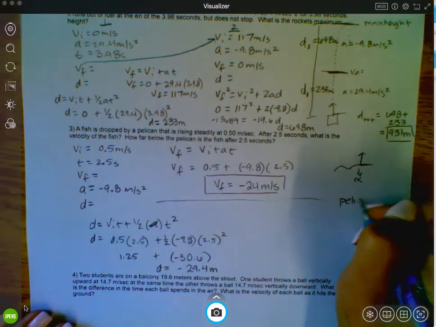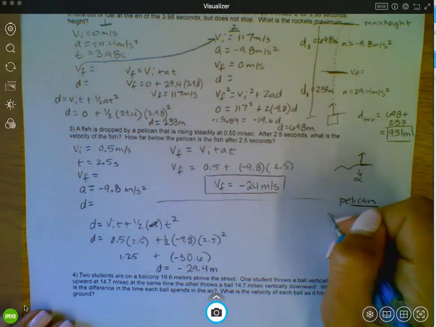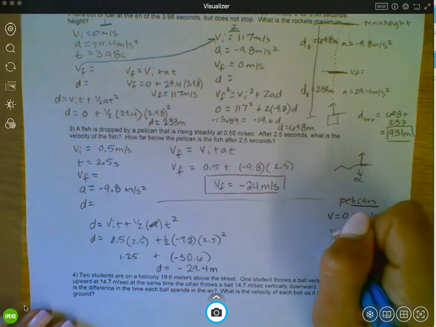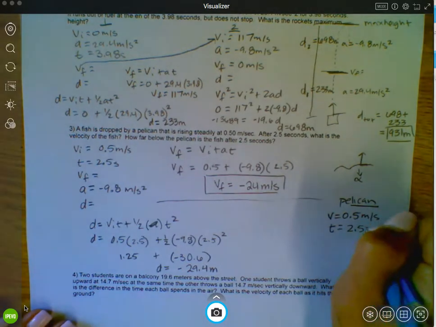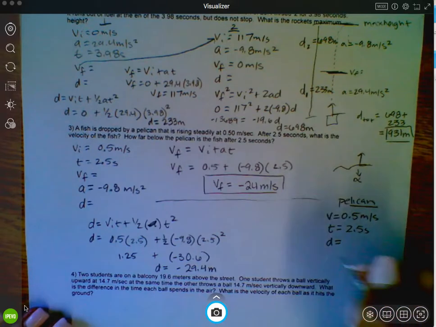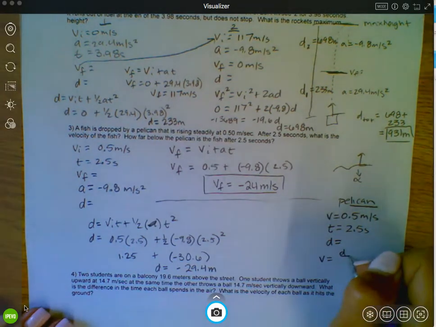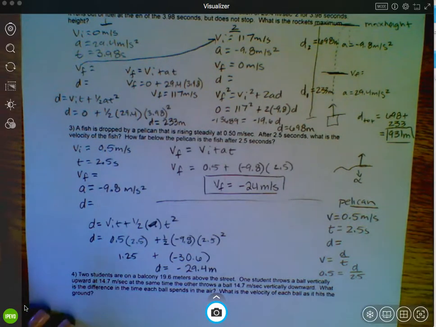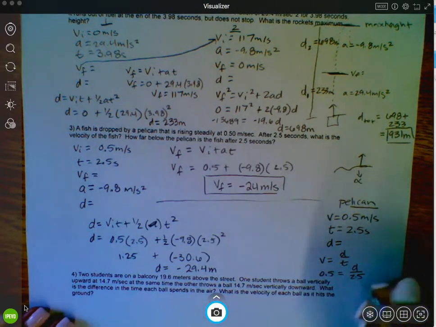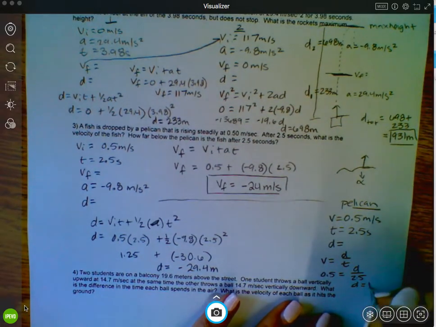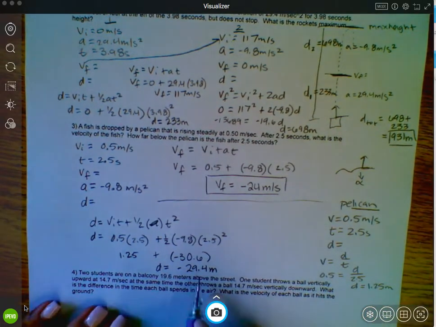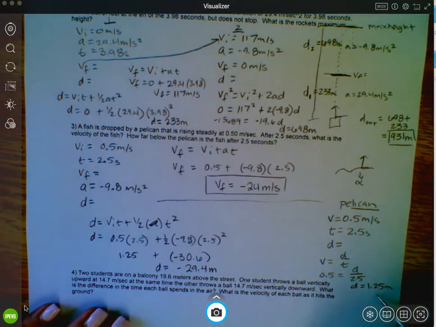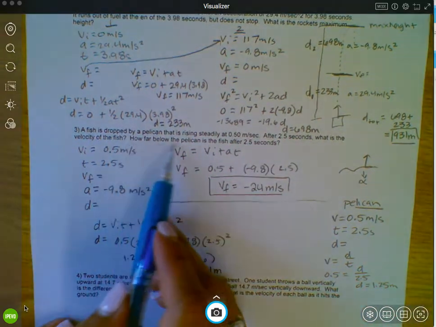So the pelican has a speed of 0.5 meters per second because it's flying, right? It's not dropping. And the time has been 2.5 seconds. So its displacement upward has been, let me use this equation, 1.25 meters. So the fish is 29.4 below where it was dropped, but the pelican is 1.25 above where it was dropped. So how far below the pelican is the